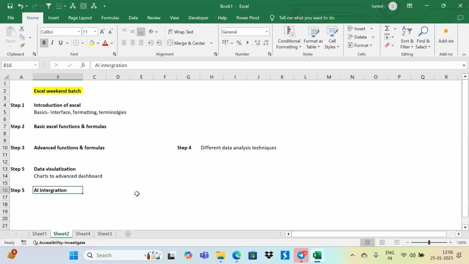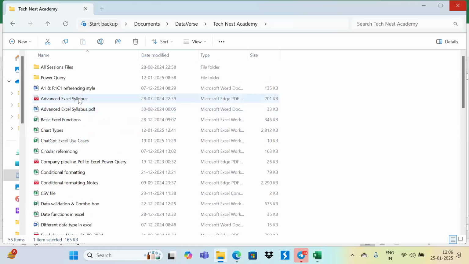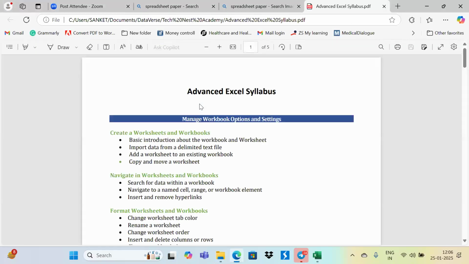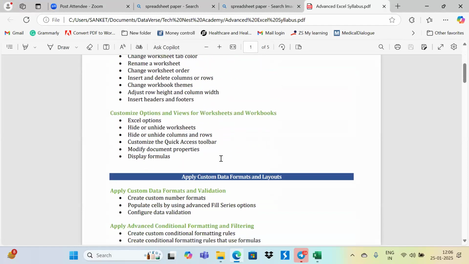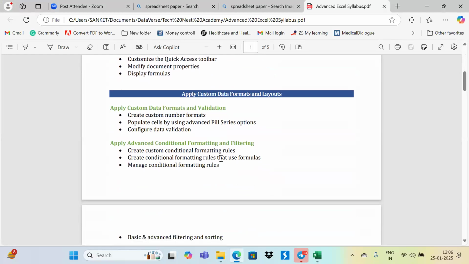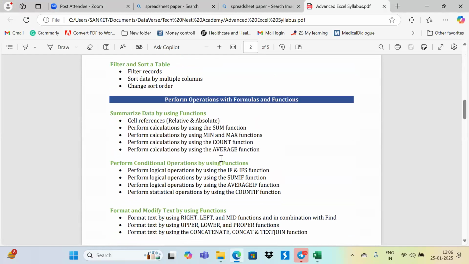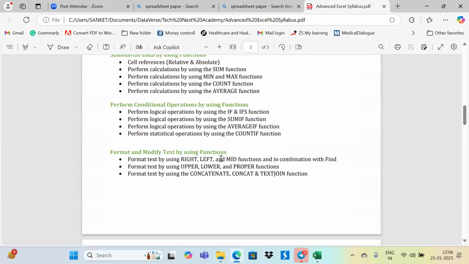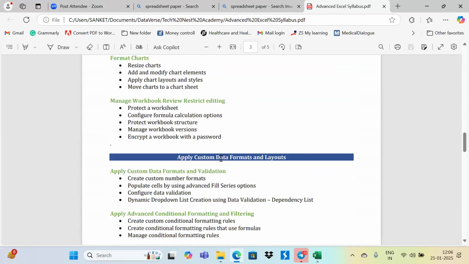Right, just a moment. Let me show you the syllabus copy, the syllabus that we are going to cover. We are going to cover each and everything. Starting from the basics about the workbook, worksheets, what are the different options which are available, different data formats, layouts, how can we create the tables, sorting options, basic operations with the formulas and functions, how can we create the charts, other objects like slicers, timeline, etc.,